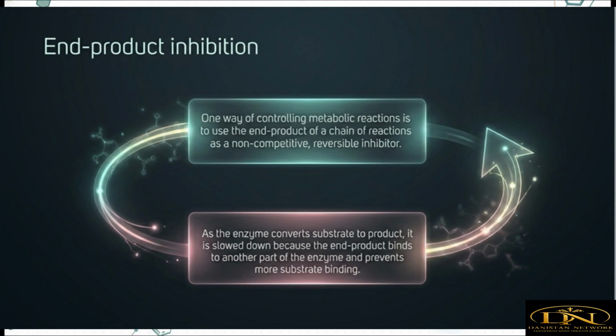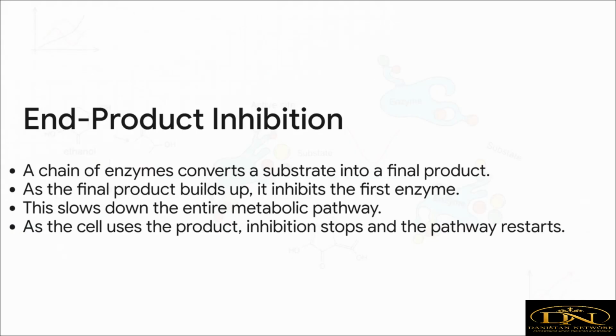Now, in a brilliant process called end product inhibition, the final product of this whole assembly line acts as a non-competitive inhibitor for the very first enzyme in the chain. This creates this beautiful, elegant feedback loop. You see, as the final product starts to build up, it shuts down its own production line by jamming up that first enzyme. It's the cell's way of saying, okay, we have enough of this stuff, let's not waste any